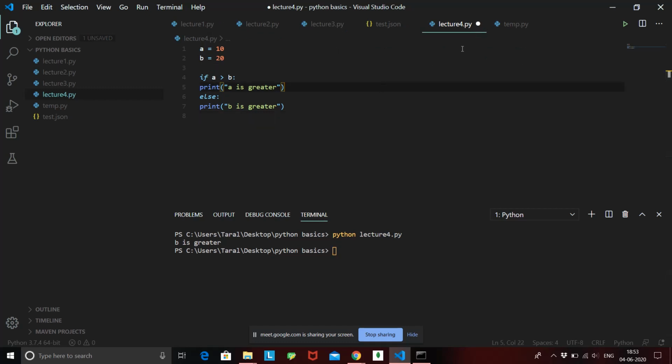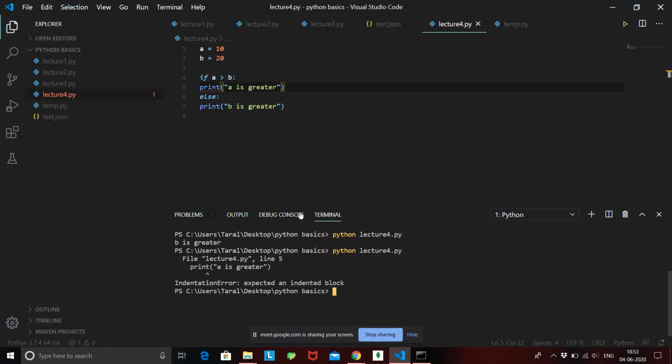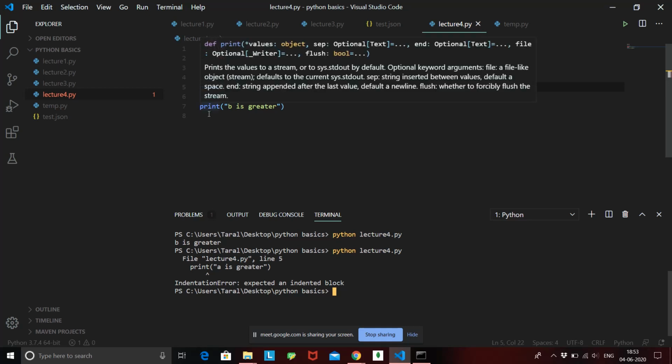Oh sorry, we have not saved the file. If I save it now and run it, this is going to give me an error saying indentation error, expected an indented block. What is it expecting? It is expecting us to give indentation because we have written an if else statement. We need to define the scope for the if statement, and we need to define the scope for the else statement.